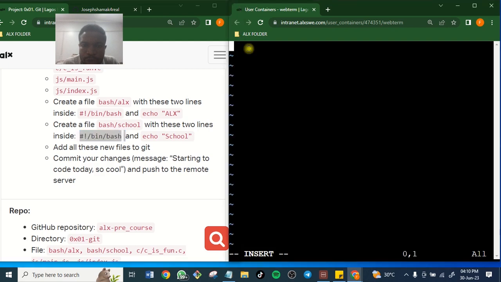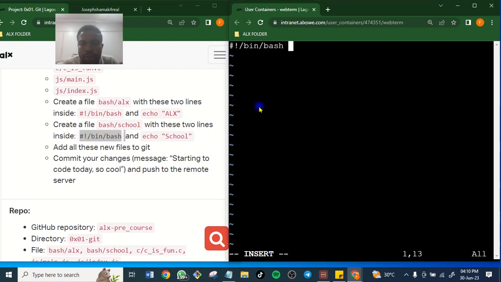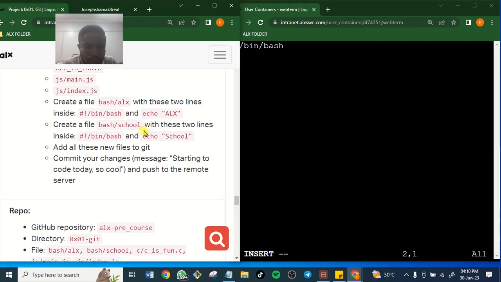I already used I for insert mode. And this.